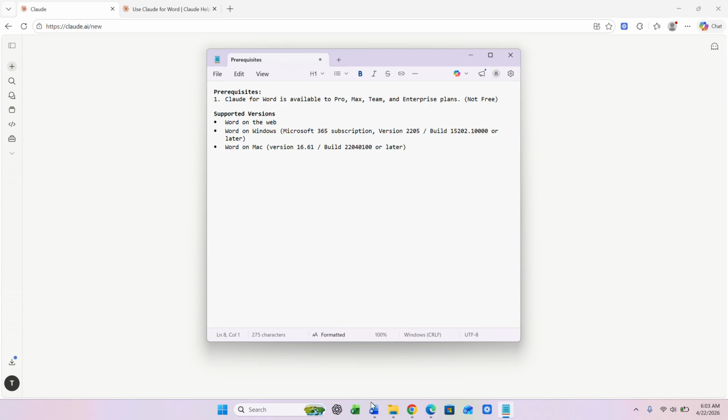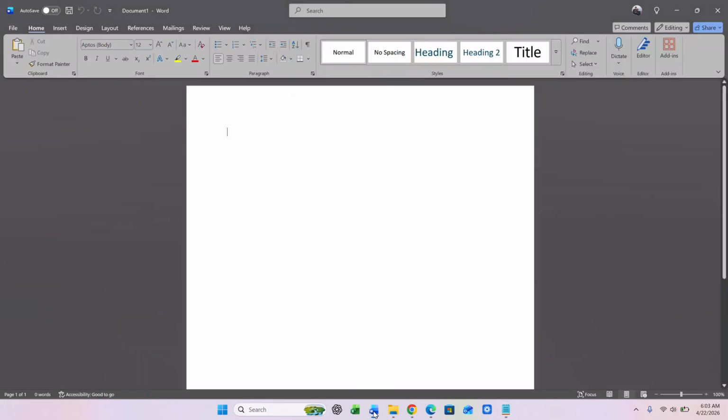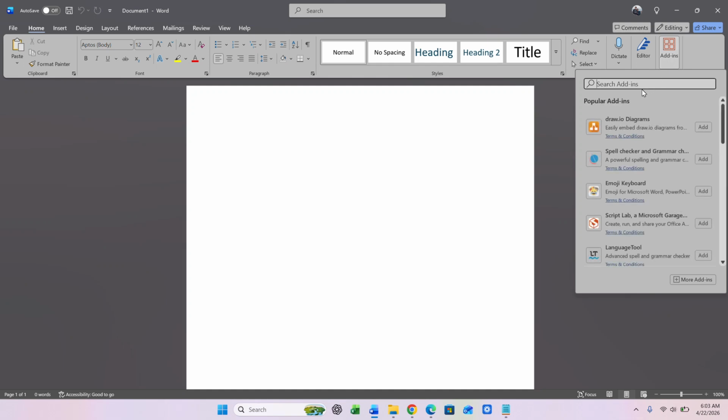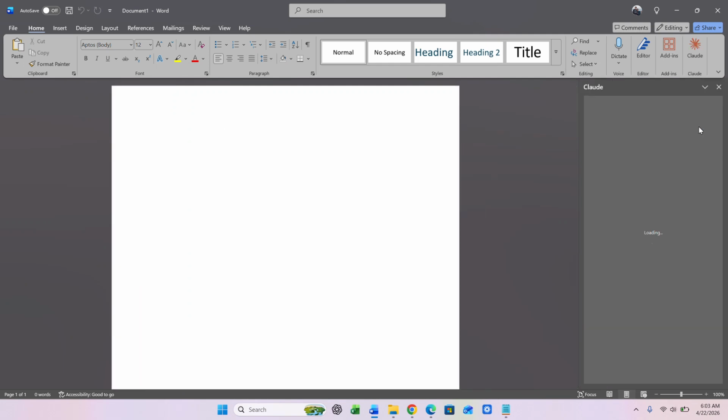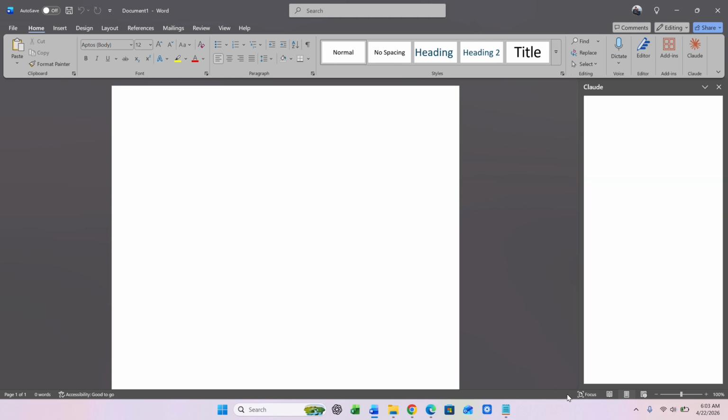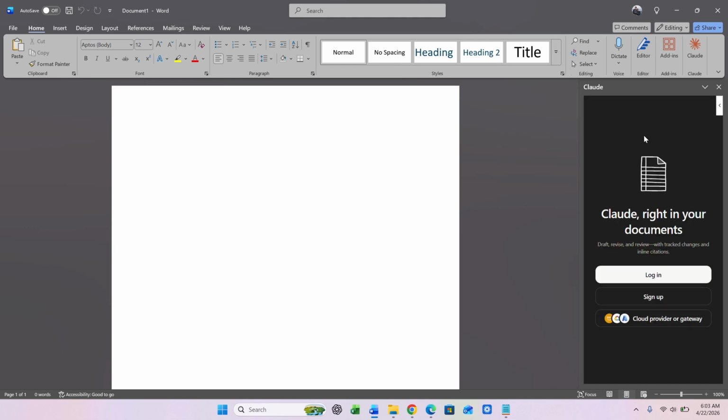I assume you already have Word installed. We'll open up Word, click Add-ins, and type in Claude here. Hit Add, and you'll see really quickly it said loading add-ins here, and you'll get this little Claude window, and if